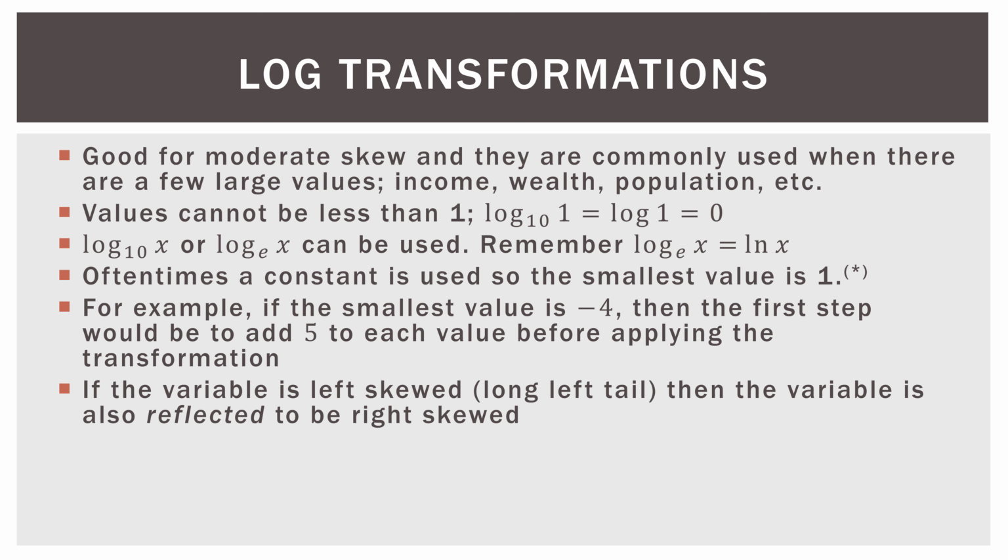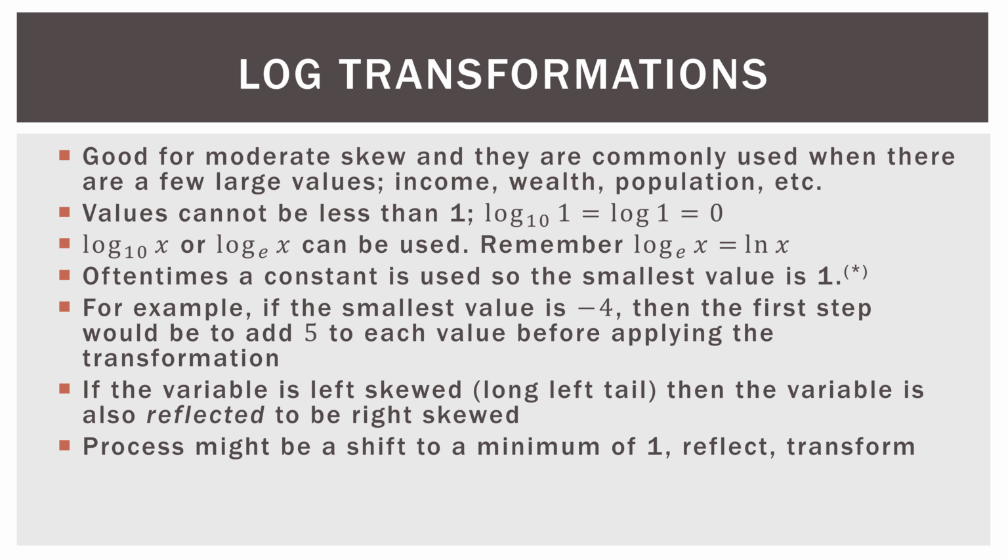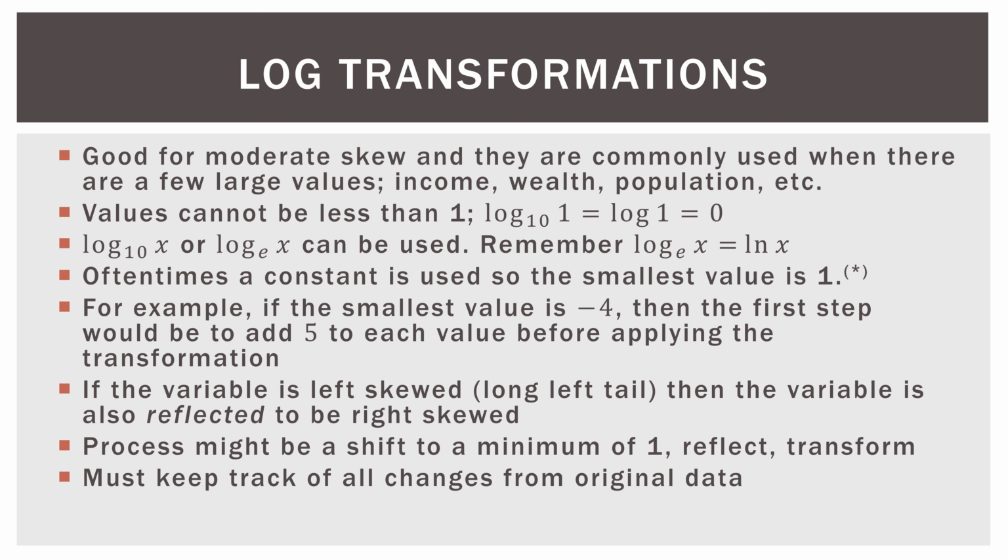So if the variable is left skewed, we will have to reflect it first before applying the transformation. I covered reflections at great length in the prior video, so go ahead and check that out, and I will put the link here in the cards and/or in the comments. So the overall process might be to shift it to a minimum of 1, reflect it, and transform, or some combination of those. And of course, when transforming variables, we must always keep track of the changes we are making